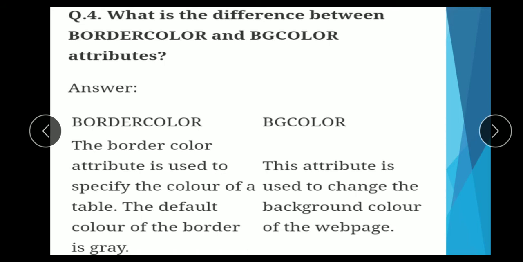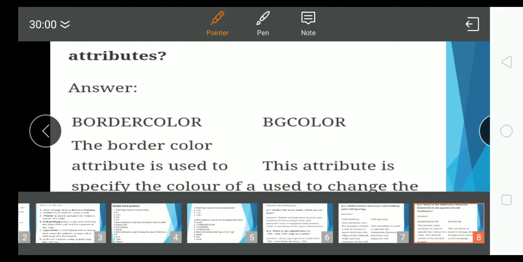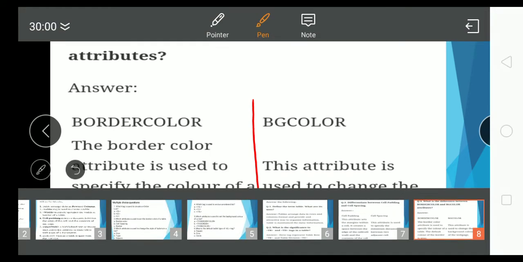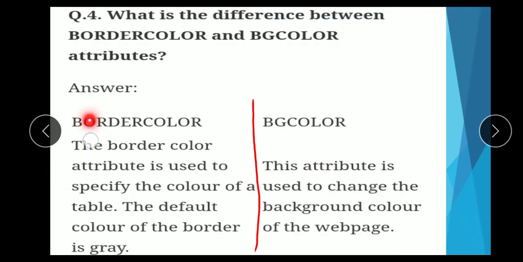Question number 4. What is the difference between border color and bgcolor attributes? Answer. The border color attribute is used to specify the color of a table.